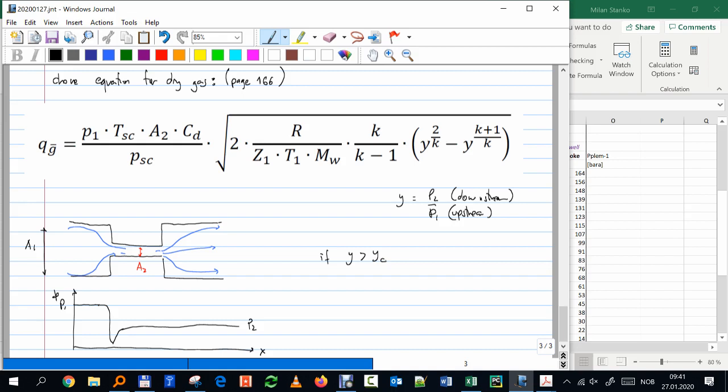That number is something between 0.6 and 0.5. That means that the pressure downstream is less than half the pressure at the inlet of the choke. If that happens, then